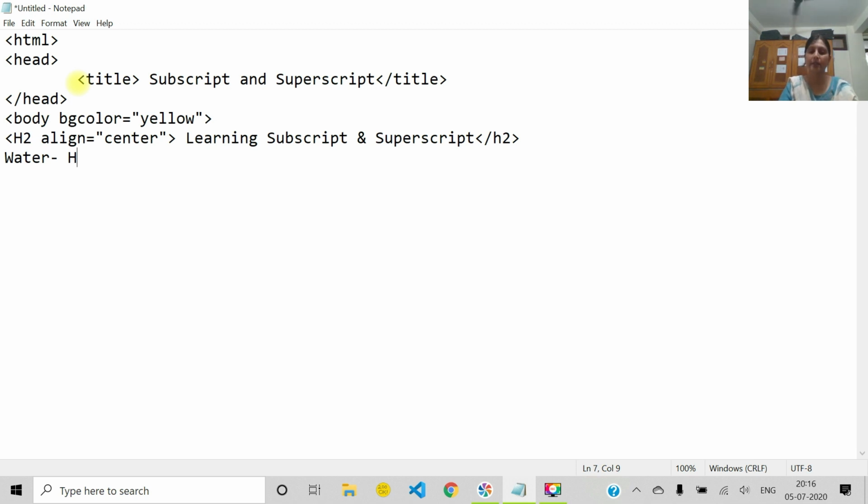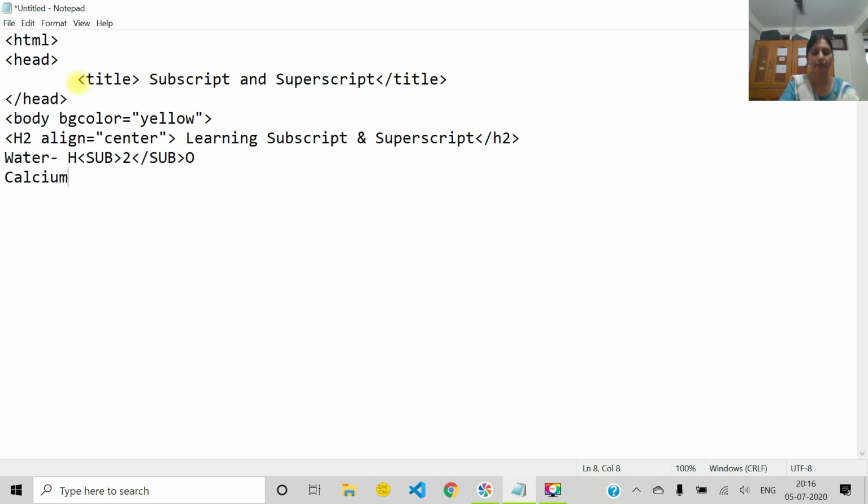Subscript. And for subscript, what we use? We use sub. 2, then sub close. Fine. Then O, H2O.